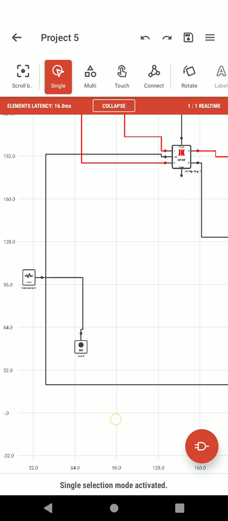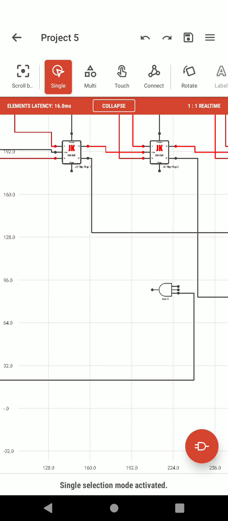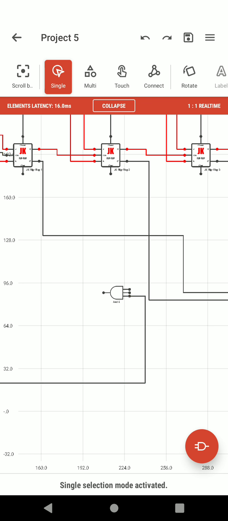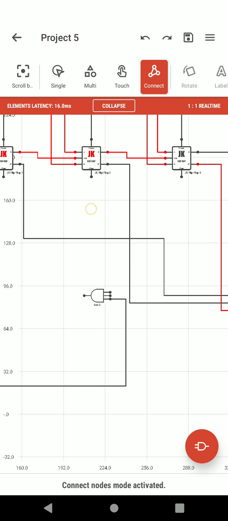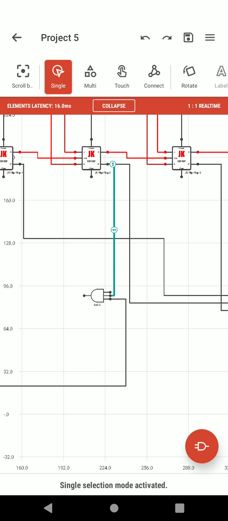One input has been connected to the clock, and another input is Q bar of the second flip flop. So this is the second flip flop, its Q bar to one of the inputs of the AND gate.